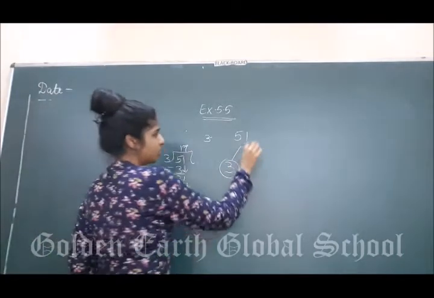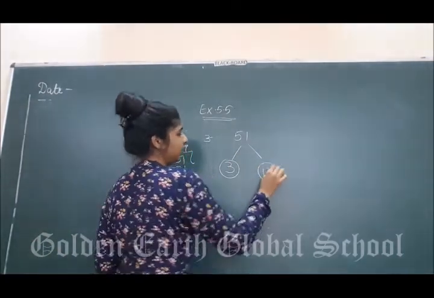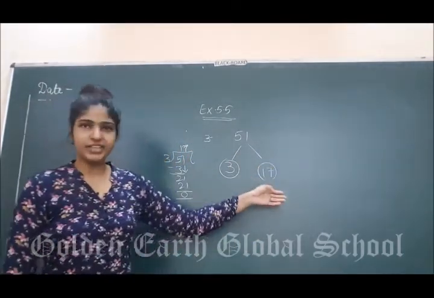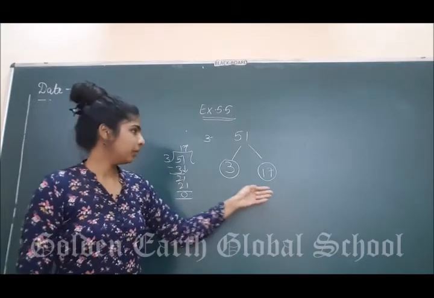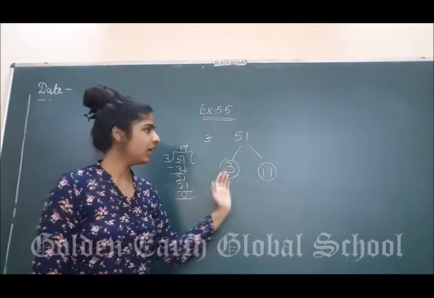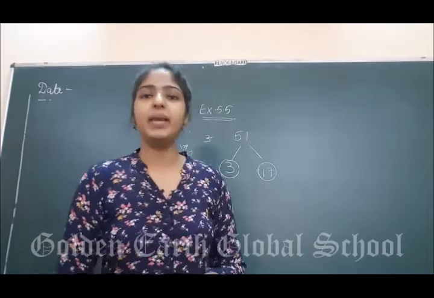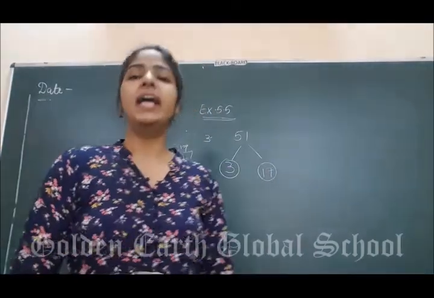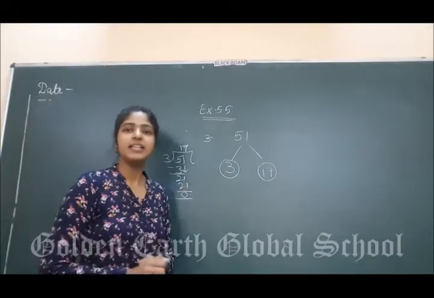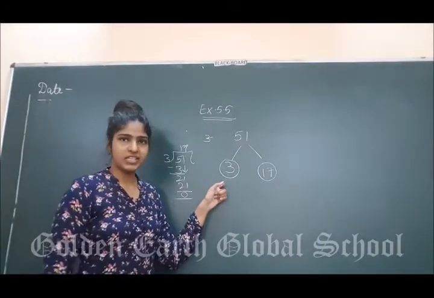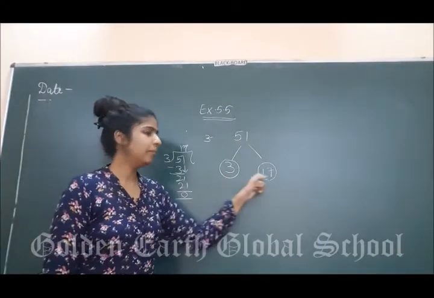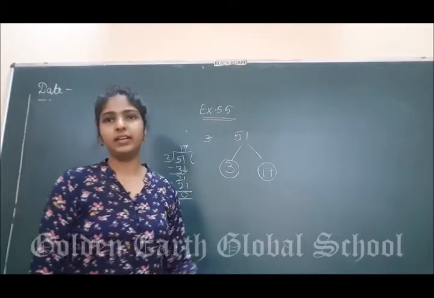17. Right? So you will write 17 here. Now check, can these be differentiated further? No. Because 3 is also a prime number and 17 is also a prime number. There is no number that 17 is divisible by except 1 and 17. So the prime factorization of 51 is 3 multiply 17. Clear?